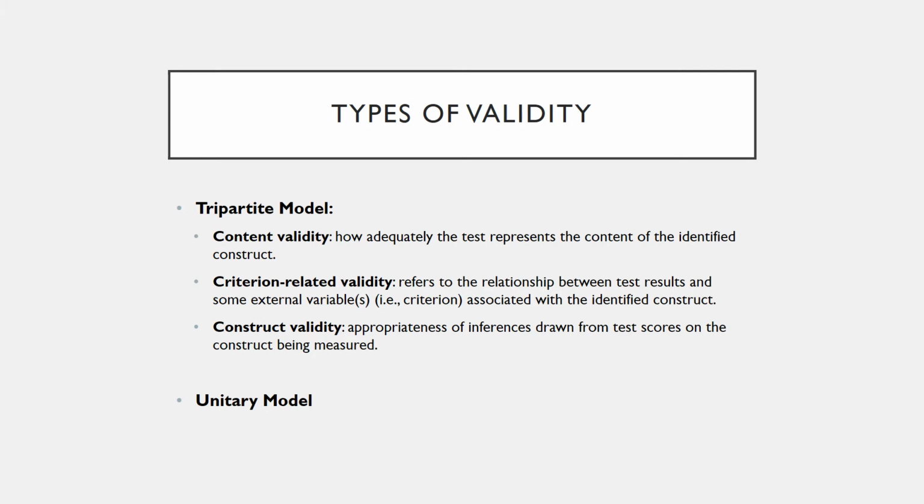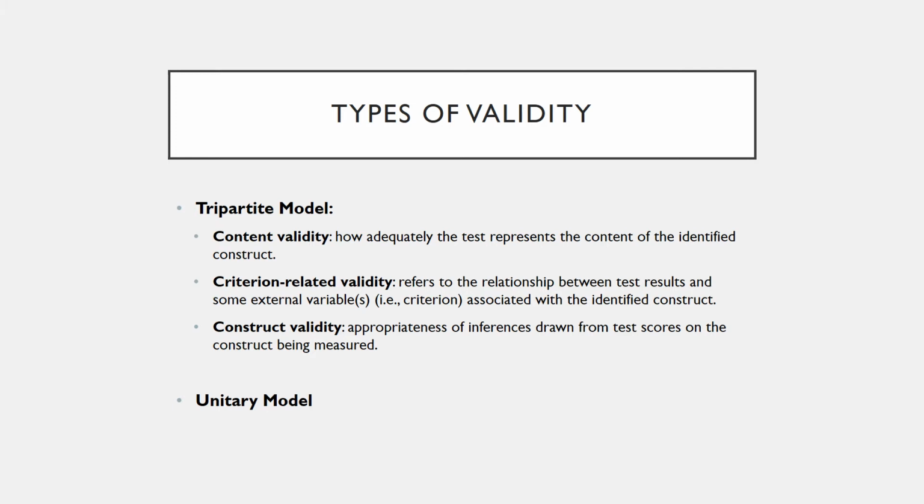So then looking at criterion-related validity, this is the idea of knowing how much the results of this test connect with some sort of other variable associated with the construct. So in other words, knowing how well the score on one kind of outcome might predict a different kind of outcome, how the criterion might connect to each other to accurately represent things like the amount of depression a person might have, or how much depression a person might experience in the future. So we want to know how much different criterion connect with each other within the way that the instrument represents that construct.